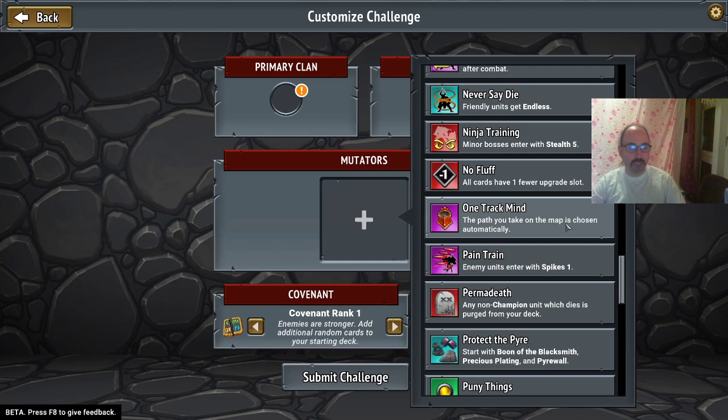I don't really like mutators like that, just because it does take away some player agency. I think choosing the path you want is important. Not a big fan of this modifier. Other than that, I guess you have to prepare for not seeing another Merchant of Steel after your first one,